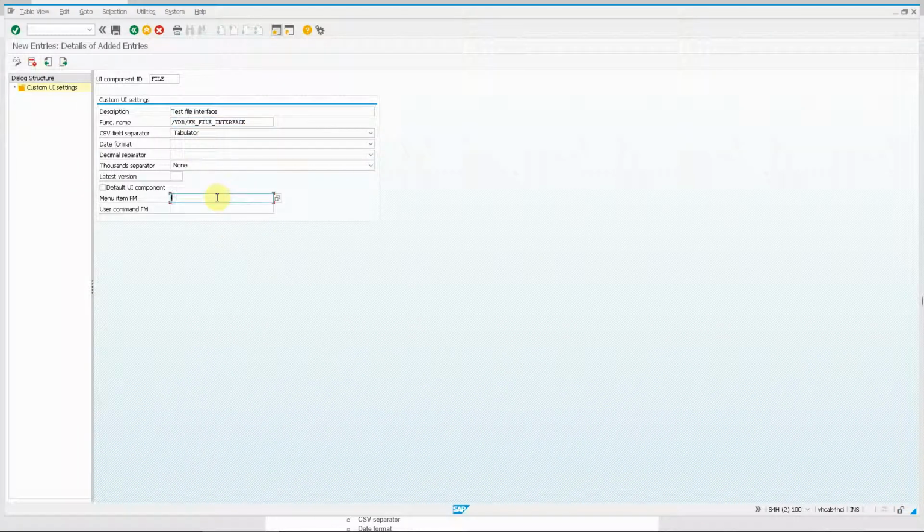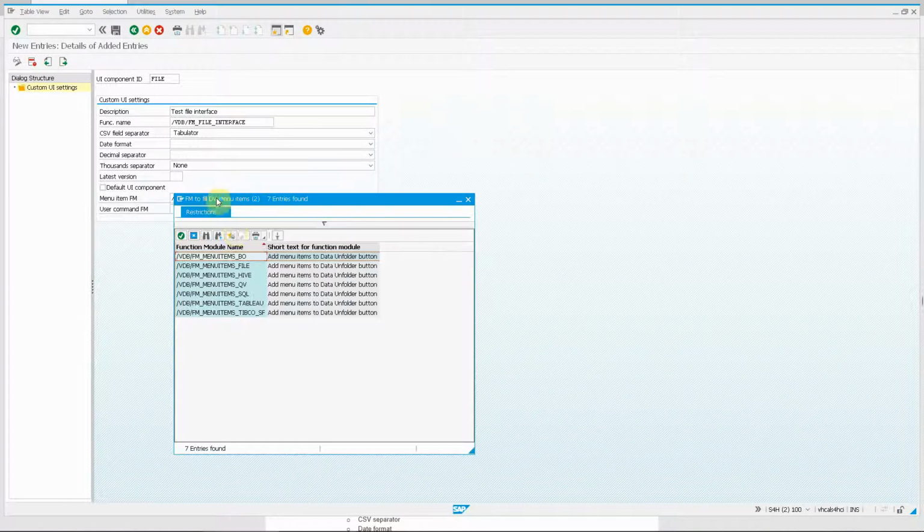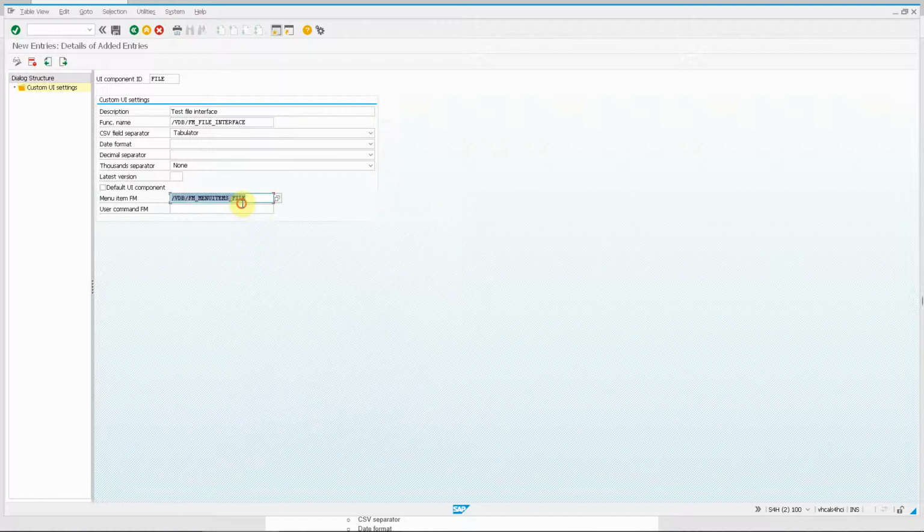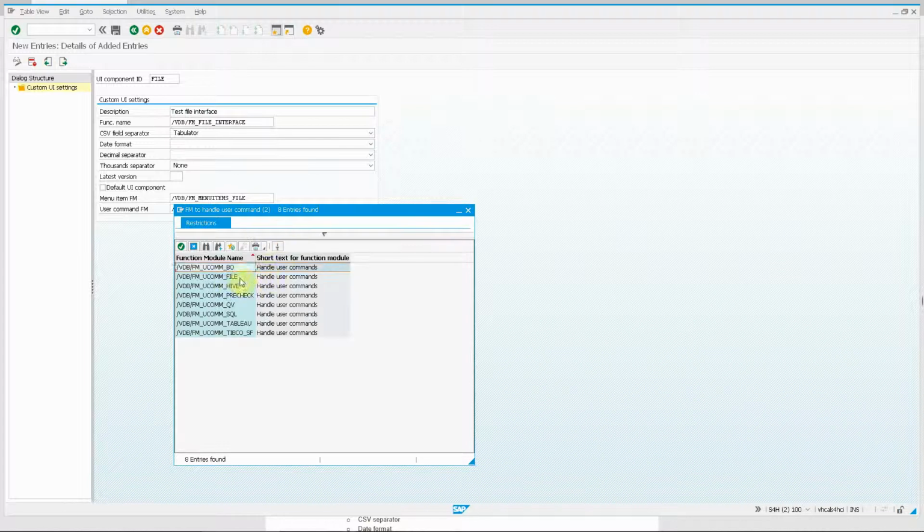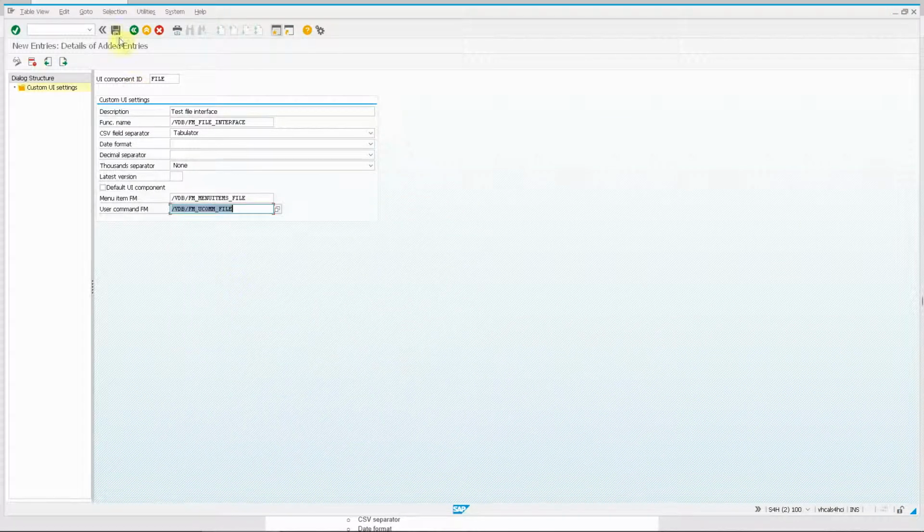There are two more fields that you have to maintain, which is this one, and I believe into its file. Yeah, sure. Okay, so let's save, and let's proceed to the next transaction, which is